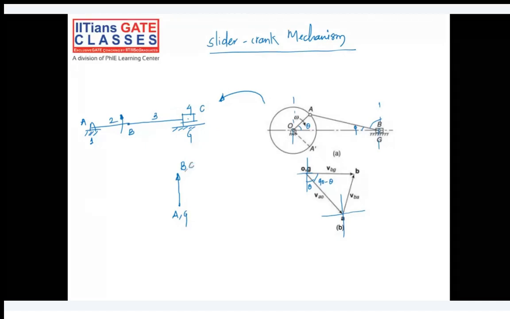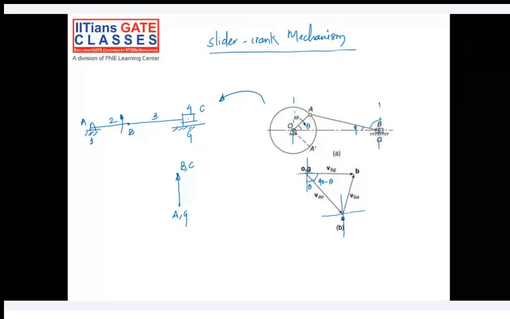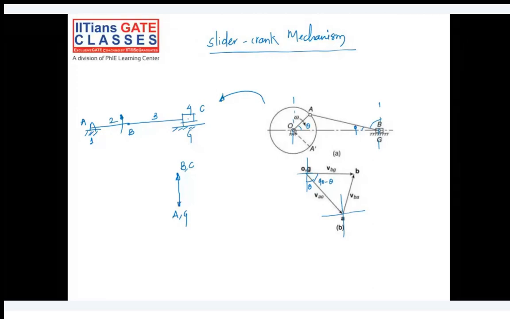This point C will coincide with point A itself, and then the velocity of C with respect to A with respect to G will be again this. So here the velocity of the slider is 0,